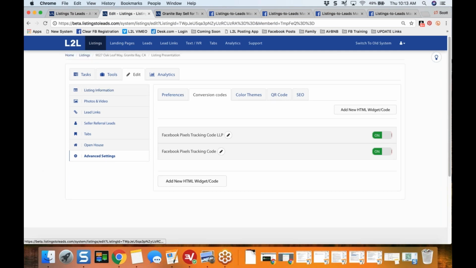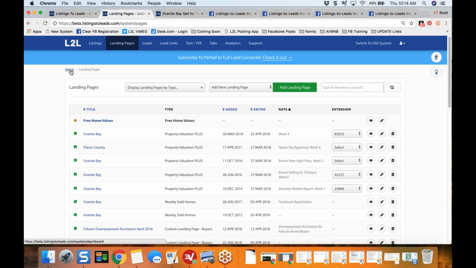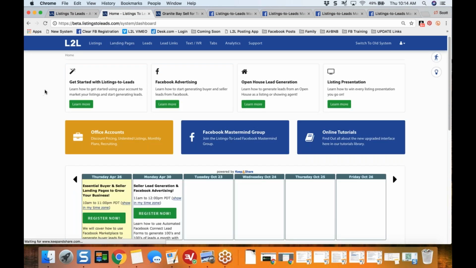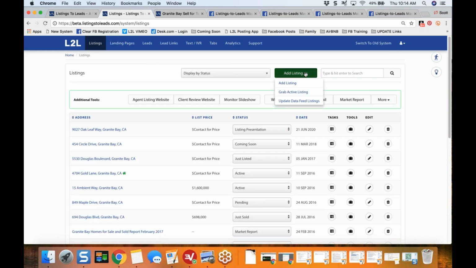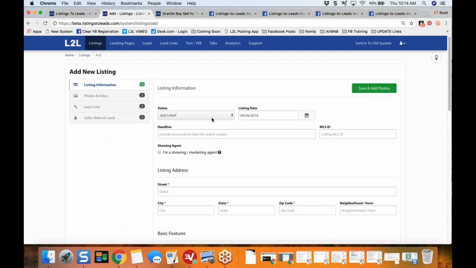All right, so for listings, if you want to add a pixel, again, Edit, Advanced Settings, Conversion Codes, and there's your pixel where you can add it. Now, listen, let me show you before we get to the landing pages. Let me go back into the listings. If I go to add listing,